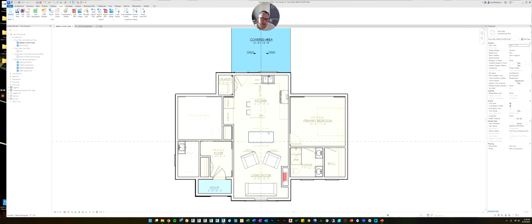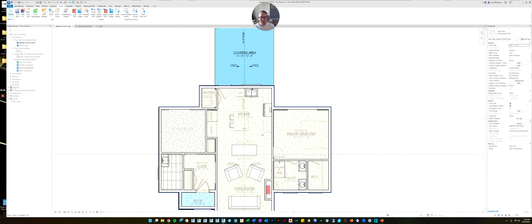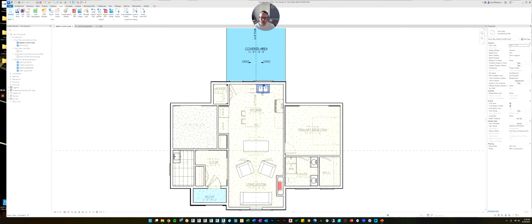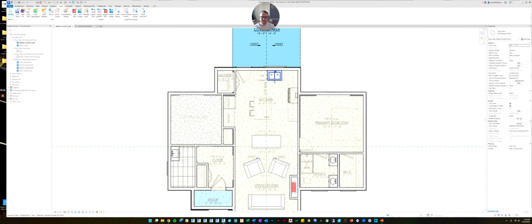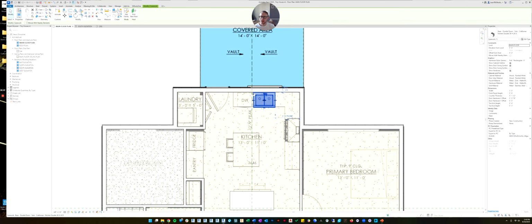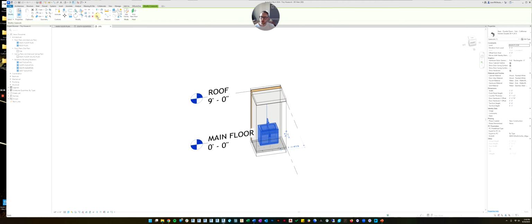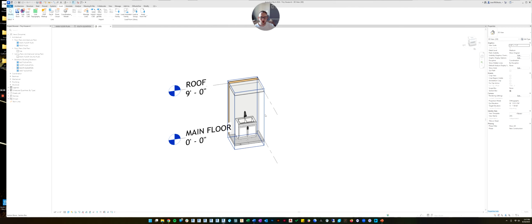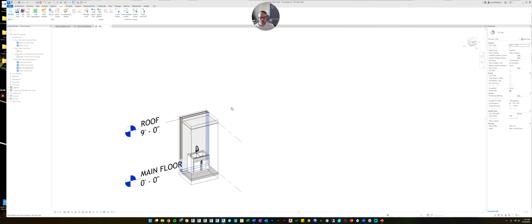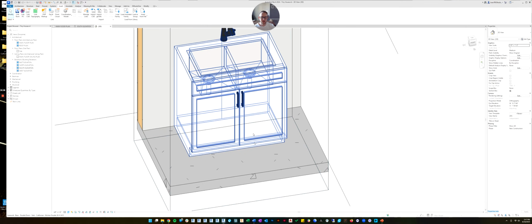All right, so now you might be wanting to look at everything in 3D. A handy trick that you should know is you can always select something that you're looking at. And once you've selected it, if you come up here, there's this cool little command on the Modify tab under View. It says Selection Box. If you click that button, it will automatically take you to your 3D view, and it will crop the view down so that you're looking at what you just placed in the model.